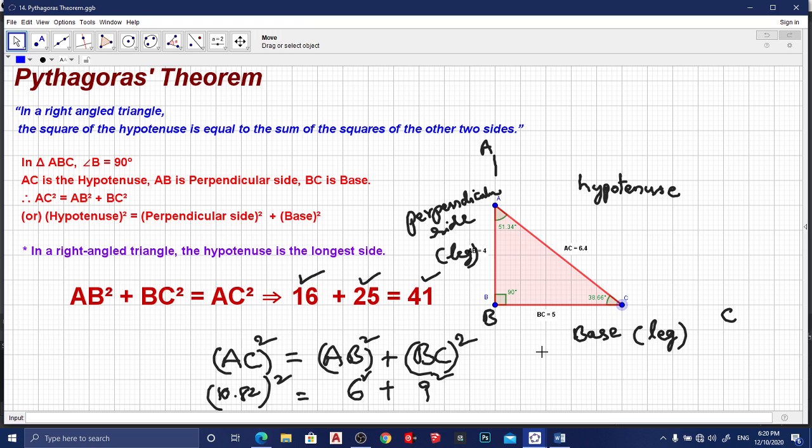And one more theorem is there, which is the converse of the Pythagoras theorem. That is also a Pythagoras theorem, but here we are starting the statement with the right angle. In a right angle triangle, the square of the hypotenuse is equal to the sum of the squares of the other two sides. But in the converse theorem, we will tell the same theorem in reverse mode. We will start from this sentence and end with this sentence. The subject will become the object and the object will become the subject, like that. So that property you will see here in the second